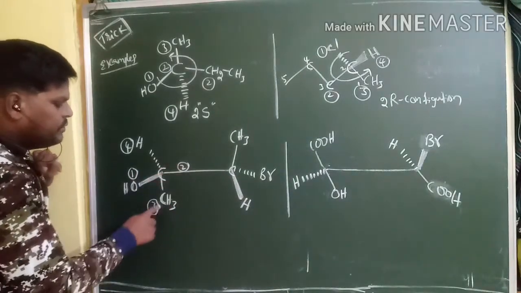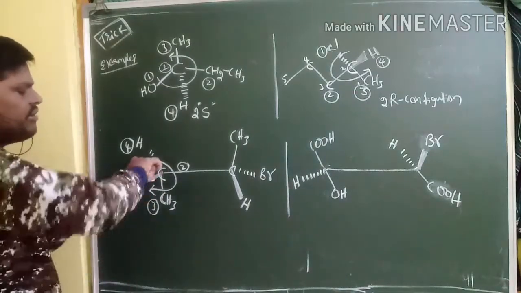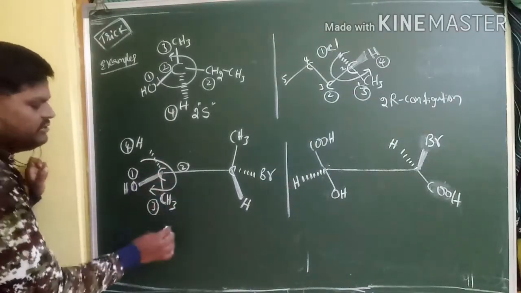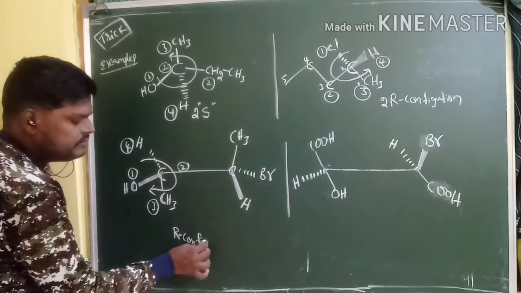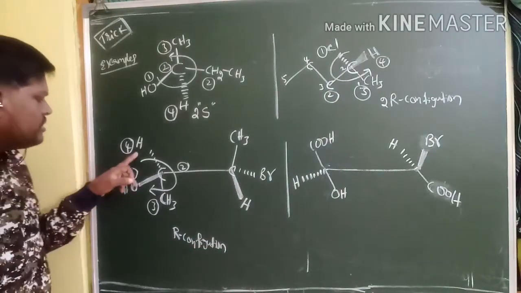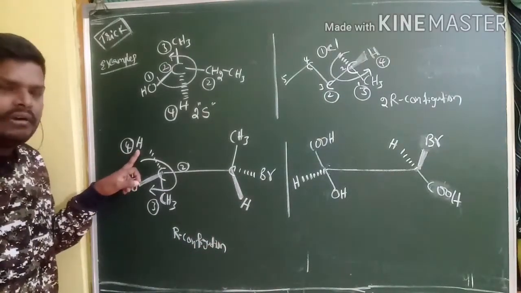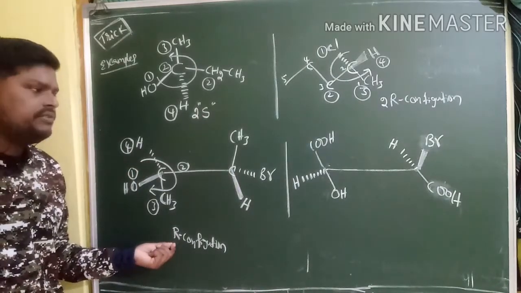1, 2, 2 and 2, 2, 3. So this is the direction for this molecule. So it is clockwise direction, anti-clockwise direction, clockwise direction. That's why you can write R configuration here. R configuration, because the least priority is already on the broken wedge. That's why you can directly give R configuration here.